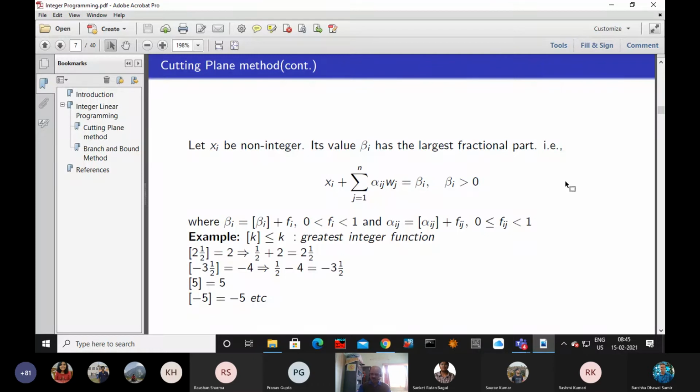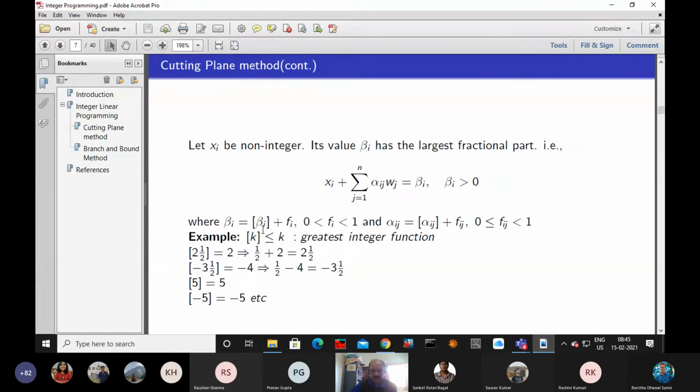Okay, so see here. Now we will consider the numerical value beta i. As you know, I have told you beta i is not a whole number. It has some integral part and some fractional part. So mathematically, we write beta i as the integral part of beta i plus fi. What is fi? fi is a fraction which lies in the interval 0 to 1, greater than 0 and less than 1. Since the right-hand side beta i is always positive, the integral part of beta i will always be 0 or positive.